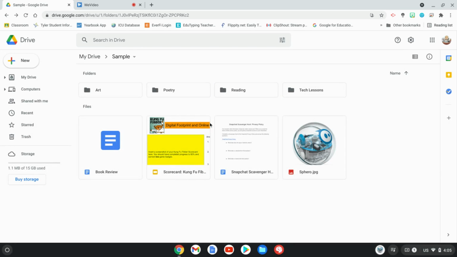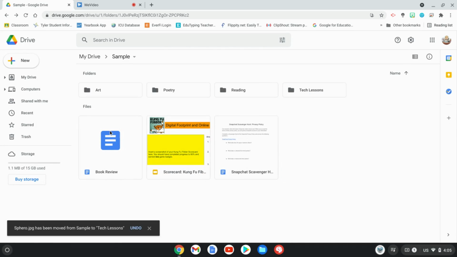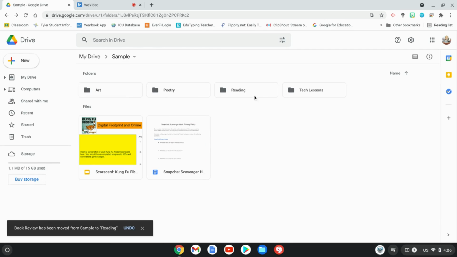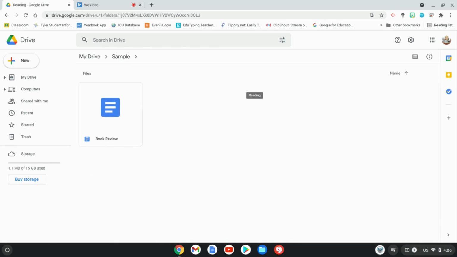Once you have folders created for your classes or for whatever purpose you would like them for, you can then start sorting your files into these folders. So if the Sphero picture belongs in Tech Lessons, we can click and drag it there. Maybe the book review belongs in Reading, so we're going to drag it inside of there. I'm going to go ahead and open this Reading folder so that you can see that the book review is inside